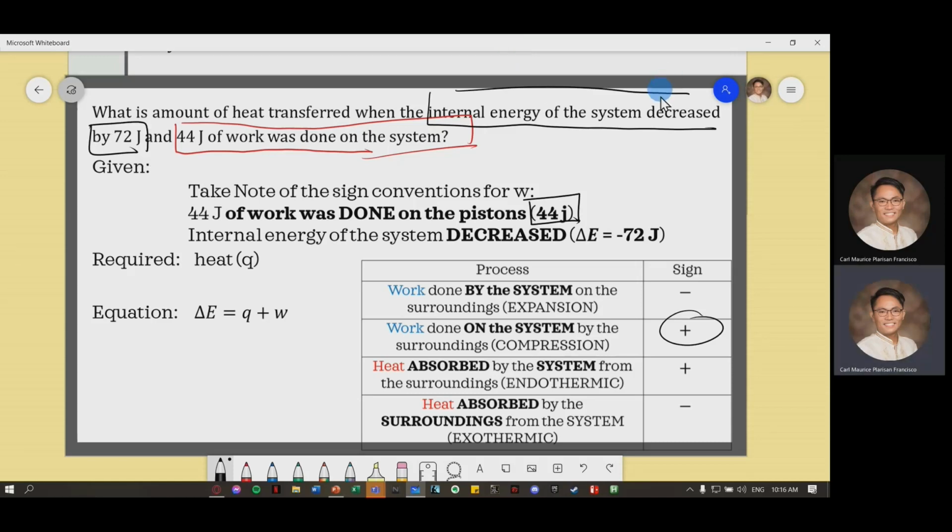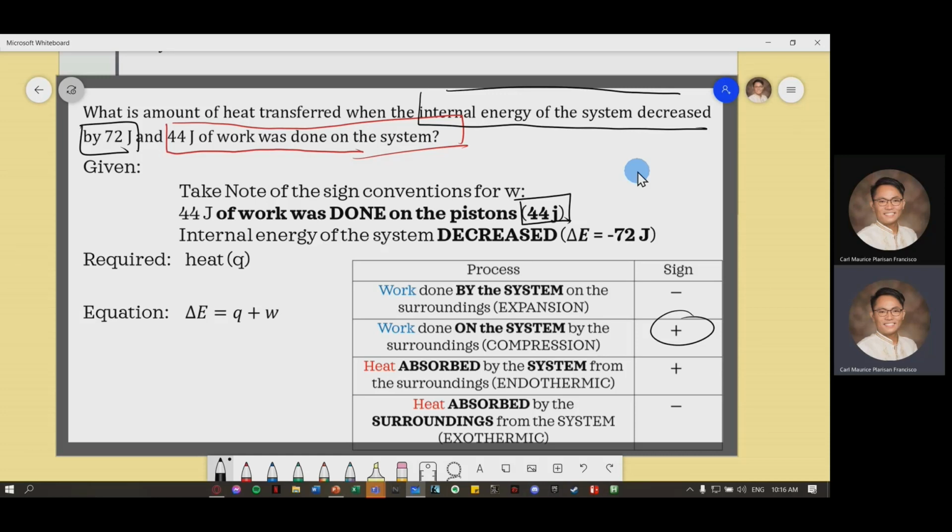What does that mean? When it says decreased, it means the sign of the internal energy, or change in E, is negative. Why did it become negative? Because the problem mentioned it: decreased by 72, decrease, went down. So that would indicate a negative sign. So negative 72 joules. Okay, so now that our given are okay in terms of sign conventions,